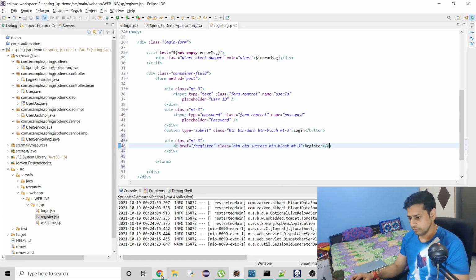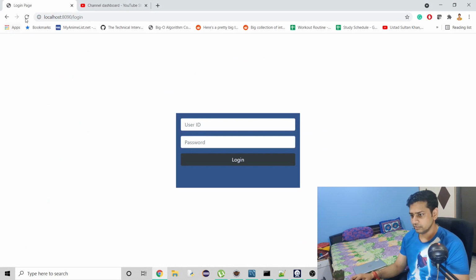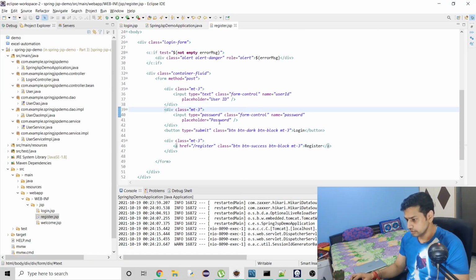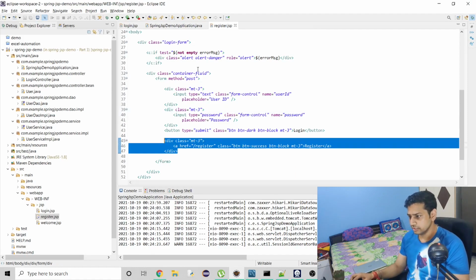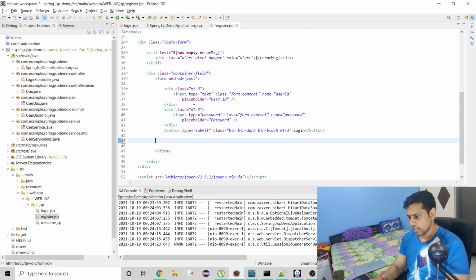So if I save it and refresh this page, we should see something here, and we are not seeing something here. Okay, so my mistake, I added this to the register page rather than the login page.